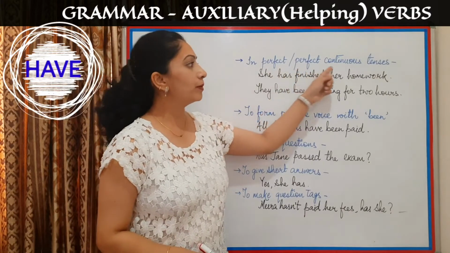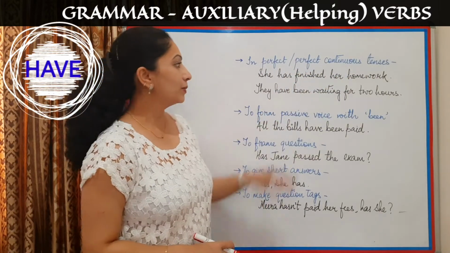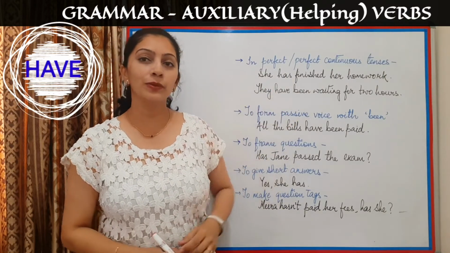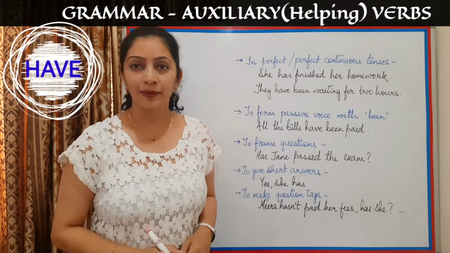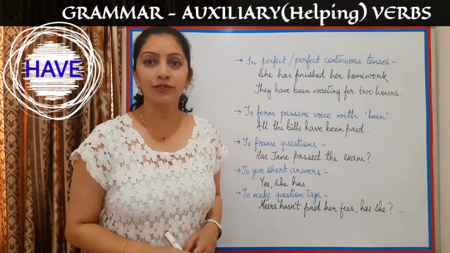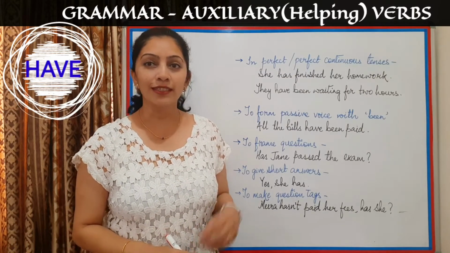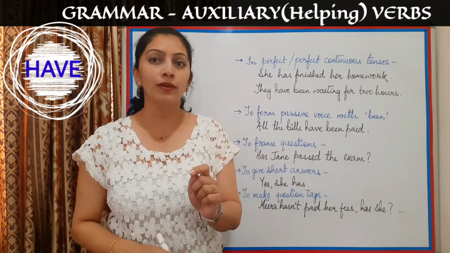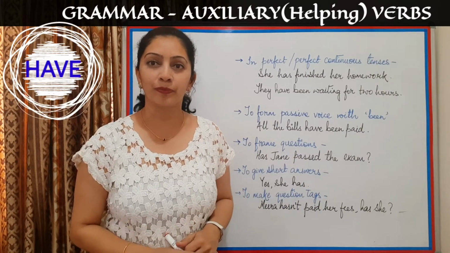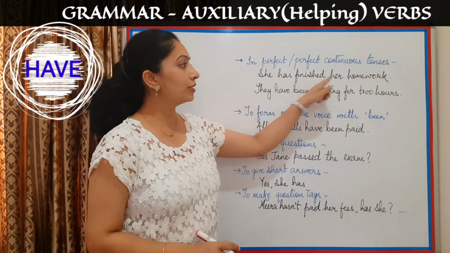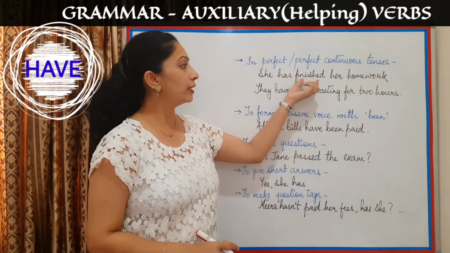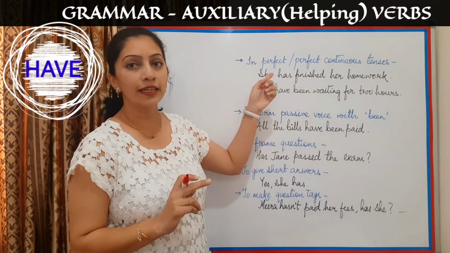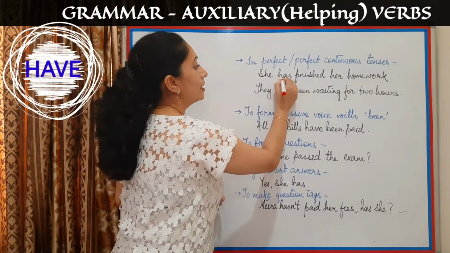In perfect or perfect continuous tenses, we use has or have. If it's in the past, we will use the word had. Now, one thing that you have to remember here is, in perfect tenses, after has, have or had, we will always have the main verb in the third form. She has finished her work. Now, finished here is the main verb in the third form, but in this kind of tense, we will always write has